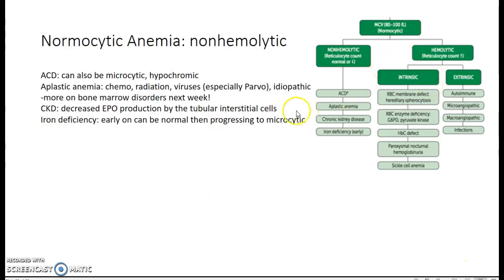We spent a lot of time on the hemolytic anemias, but for the non-hemolytic anemias, you get chronic disease and iron deficiency, which also could be microcytic, and we talked about those. You can get aplastic anemia from chemo, radiation, parvovirus, other causes, bone disorders, which we're going to go over, and also CKD, which we talked about, decreased EPO production, meaning the body just stops making as many red blood cells. Next, we're going to move on more to the